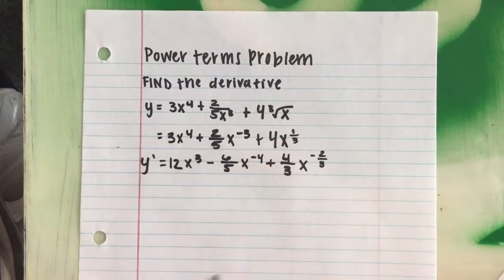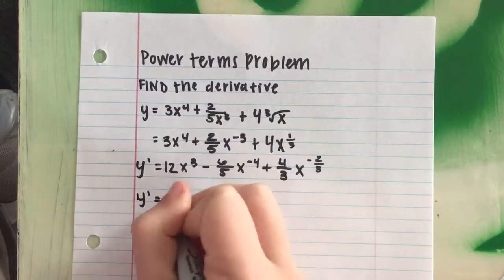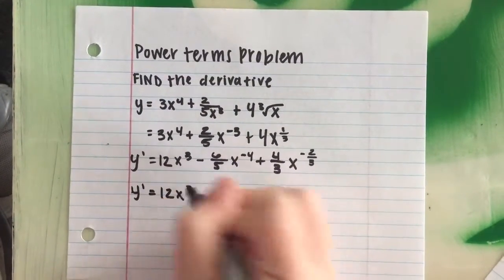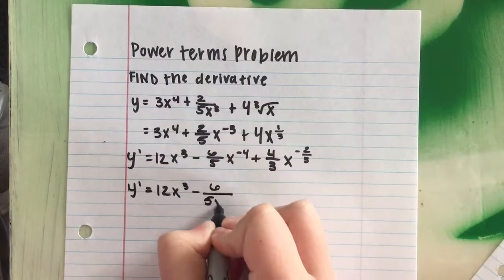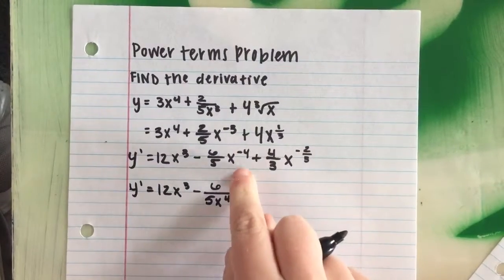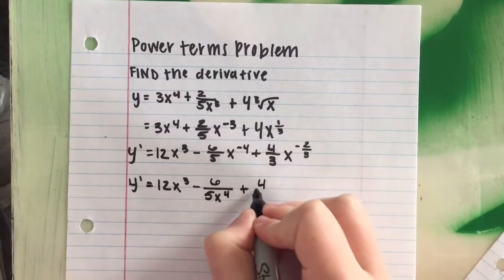Okay, so now we've already taken the derivative, but now we're just going to simplify it so that these negatives aren't in the top. So we have y prime is equal to, this term is fine, so we're leaving it as is. You're going to have -6 over 5 x to the fourth, because this is negative, so it goes in the denominator, plus 4/3